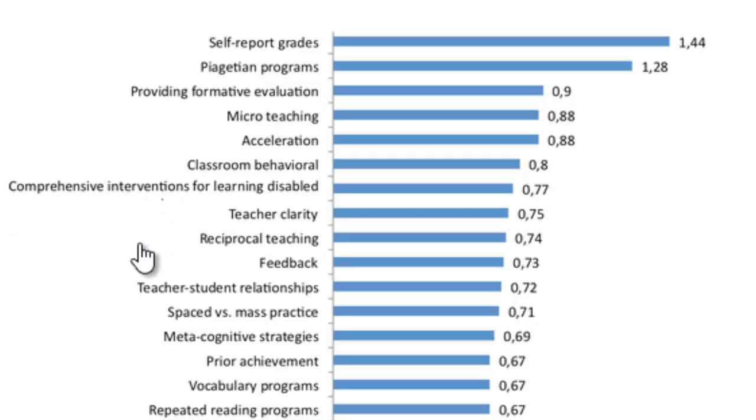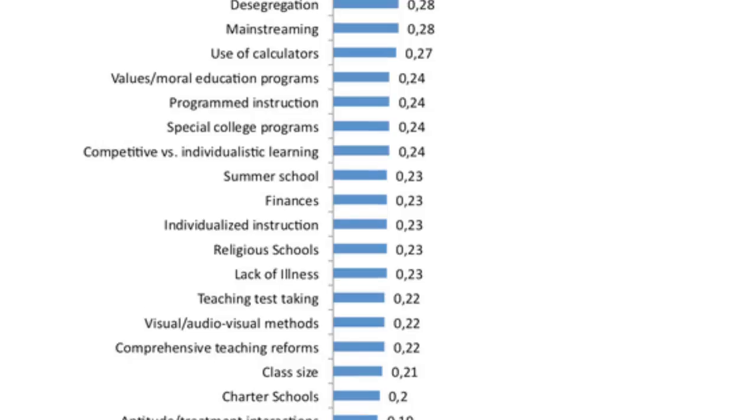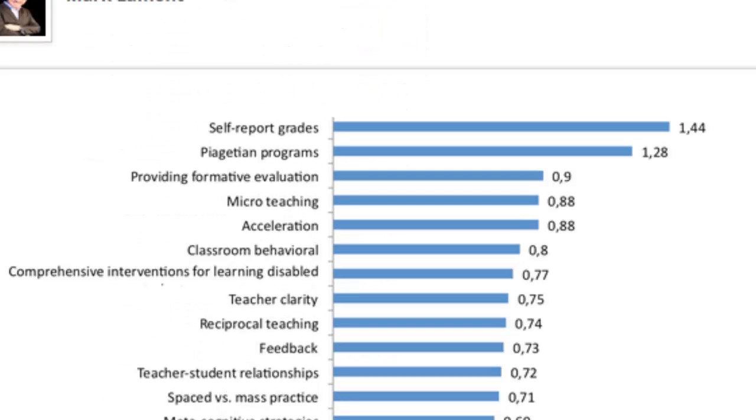Of course, each of these factors may vary in quality in terms of practice at school or in college, but overall, we see that these sorts of factors around self-reporting grades, Piaget programs, formative assessment, micro-teaching, and so on, have a stronger influence than those factors listed way down the list. In this session, we're going to look at the ways in which Yahki has been designed around these stronger influences